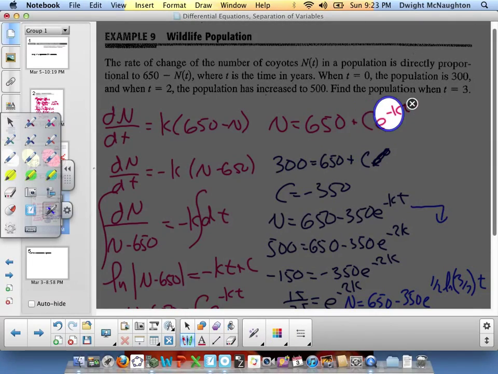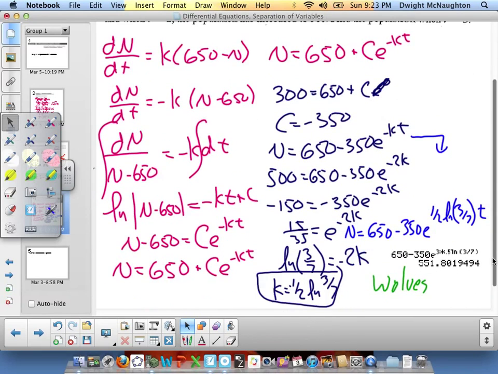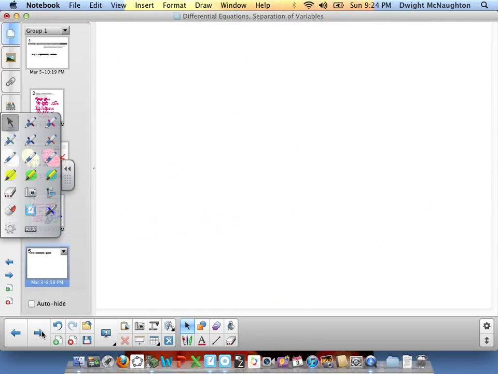Then find your constants, your c and your k. There's going to be 2 in this problem. That's why it's a little different than other problems. And then whatever question they're asking you, you're going to plug in a value for t or plug in a value for n and solve. All right? So, in summary,